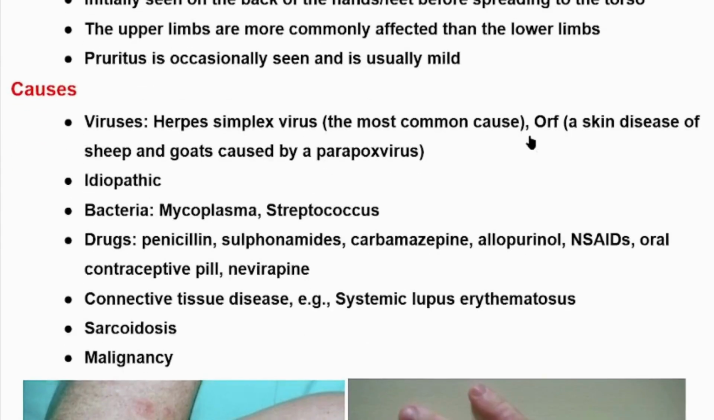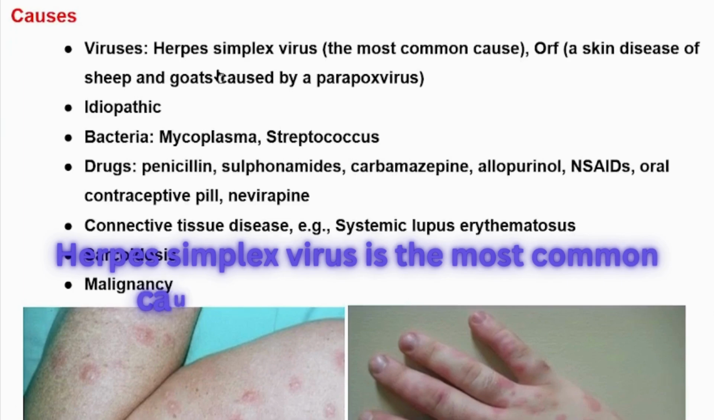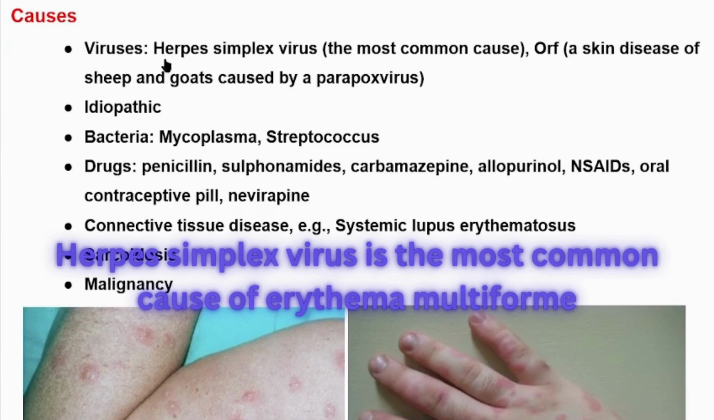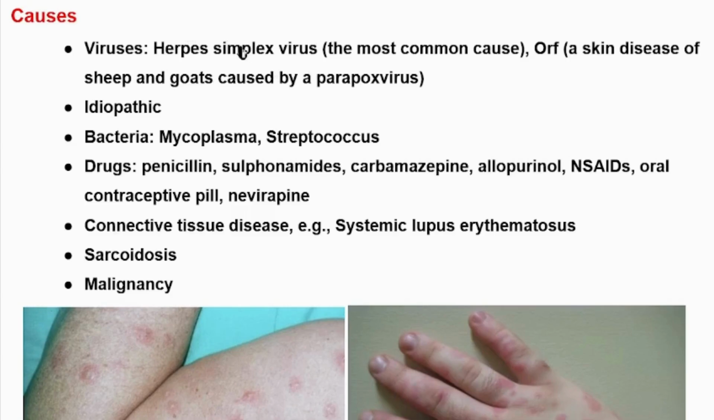Causes of erythema multiforme. Viruses like herpes simplex virus, as we can see in our patient with primary herpes simplex virus infection. Herpes simplex virus is the most common cause. ORF, which is a skin disease of sheep and goats caused by parapox virus. It can be idiopathic. Bacteria like Mycoplasma and Streptococcus can also